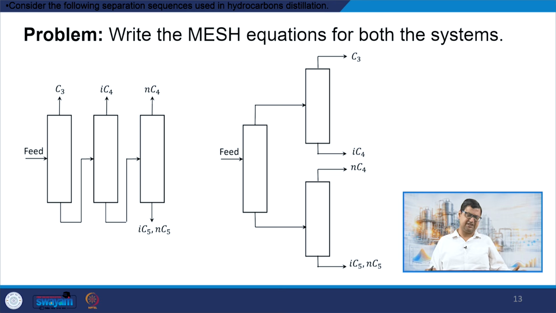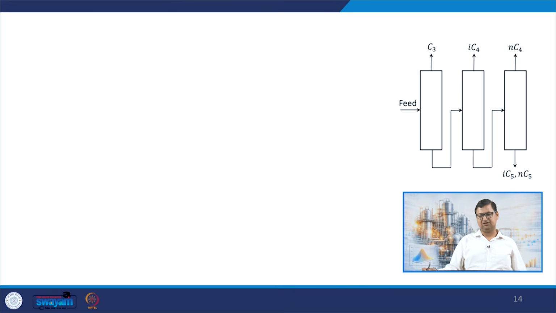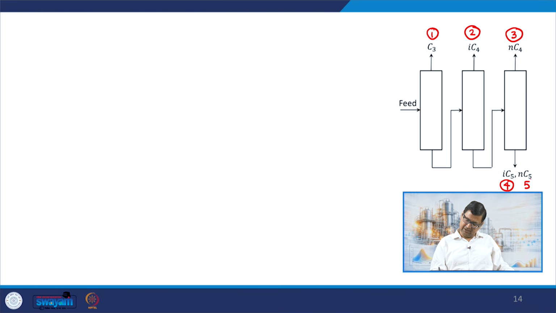So how can we write a mesh equation, right? I will go back to the train of a sequence of distillation columns that we have discussed earlier. Let us say I want to write the mesh equation for this case, and once I tell you this, you can try the second one yourself, right? So what is it going to look like? My feed is going to contain how many components? We have one component here, C3, second component is here, third component is here, and then we have 4 and 5 components here. And then we have 3 columns, let me call it 1, 2,